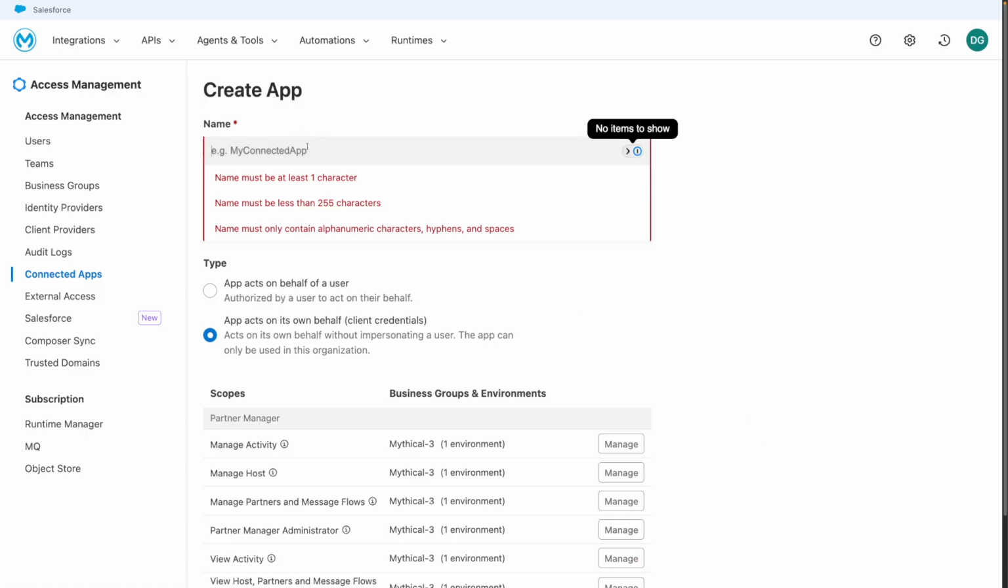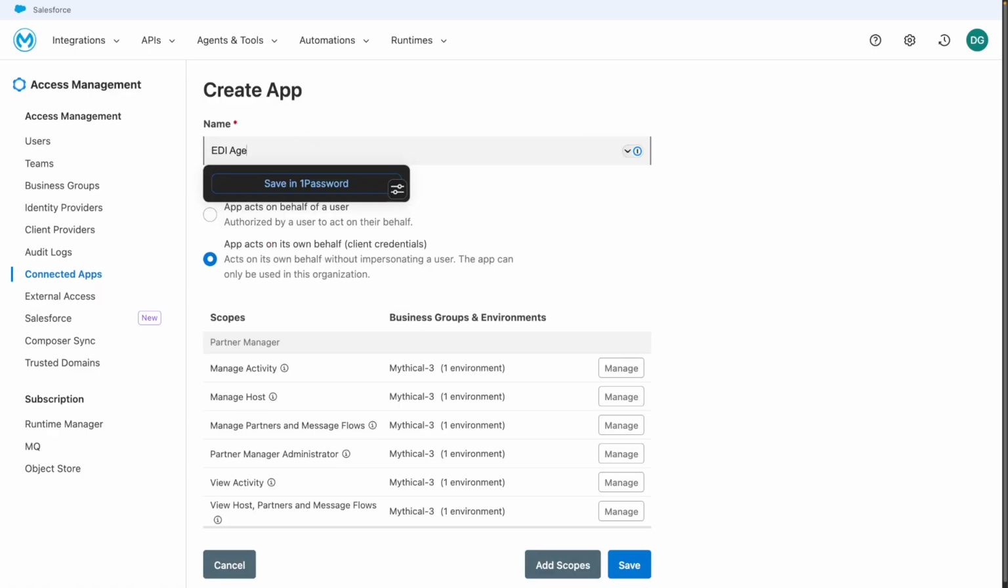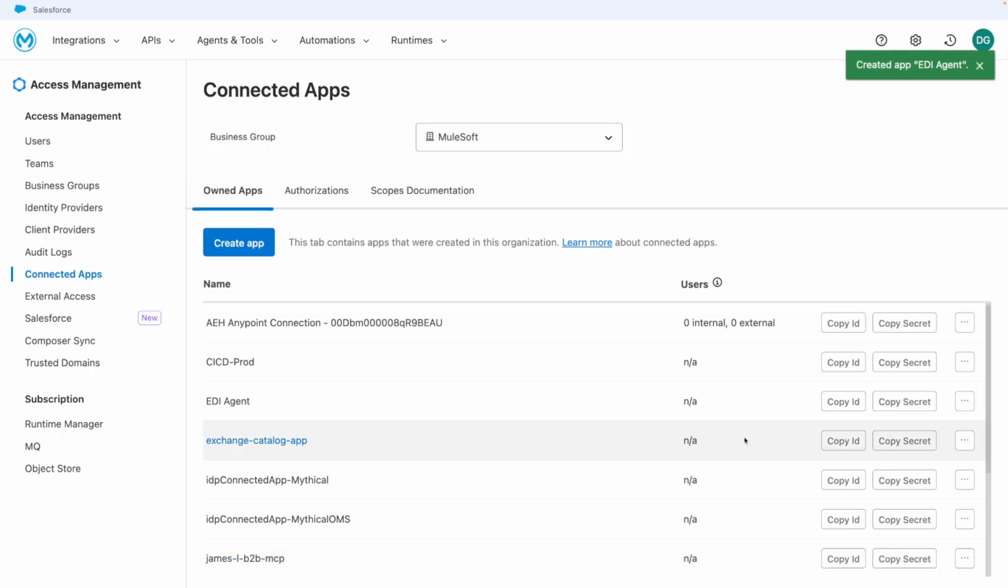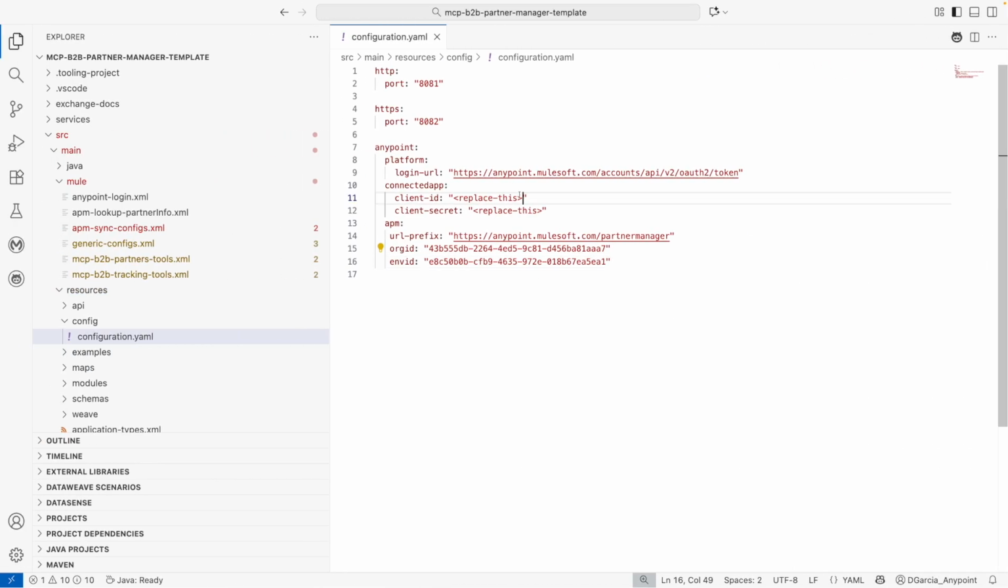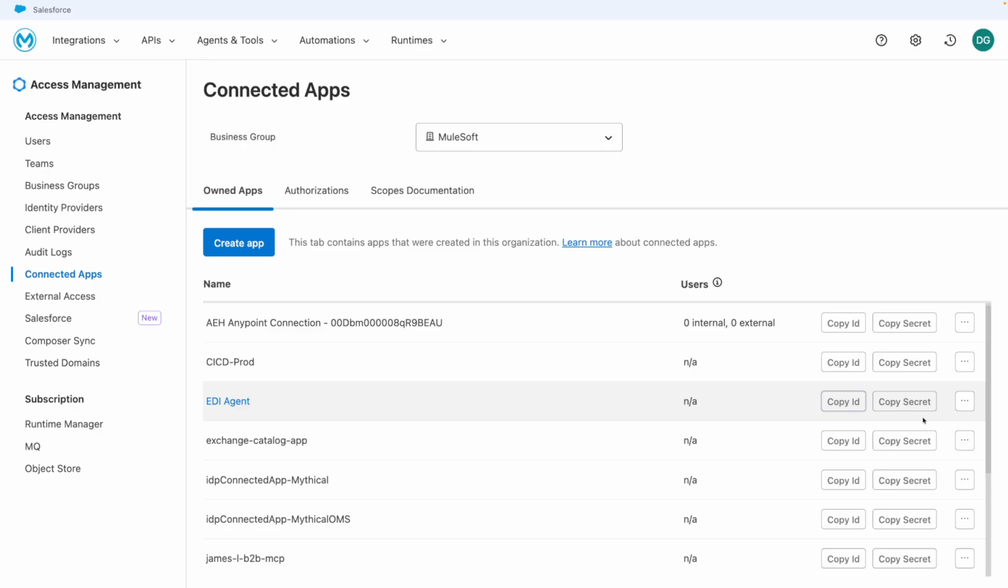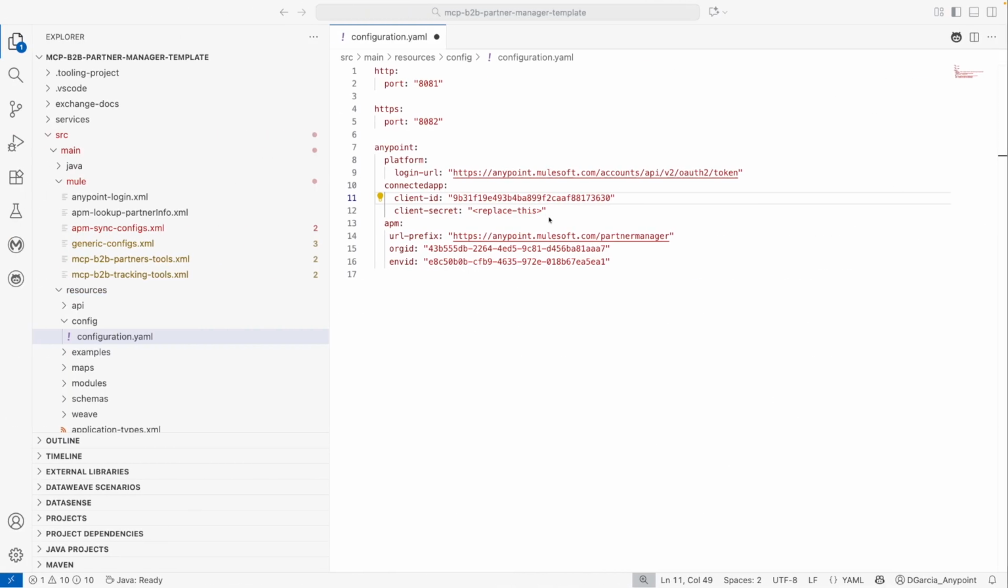I need to give my app a name, so I will just title this EDI agent, and then I'll click on the Save button. From here, my EDI agent connected app is created, so I can copy my client ID, paste this into my config.yaml, and then I can grab my client secret and do the same thing. Once those are pasted in, make sure to save, and then we need to update one more thing, which is